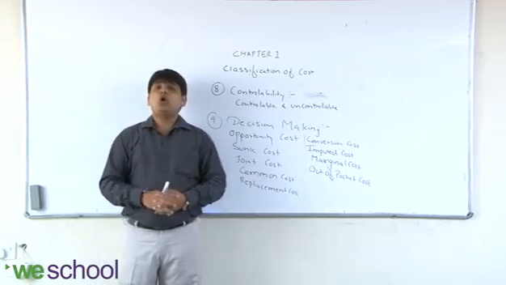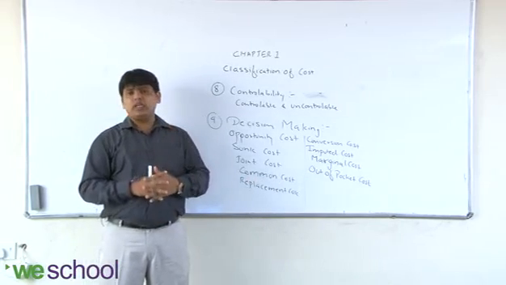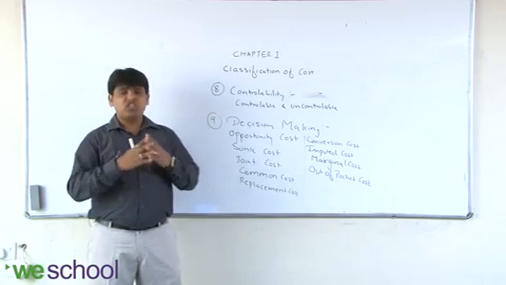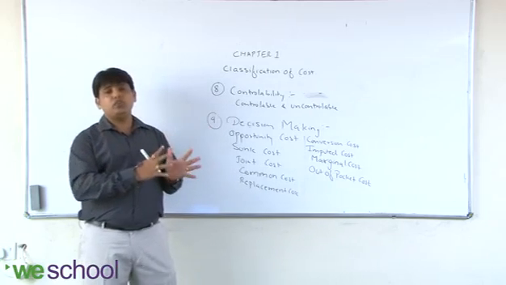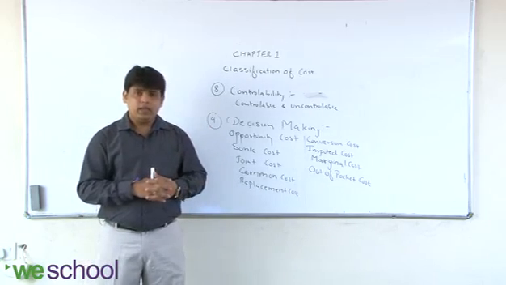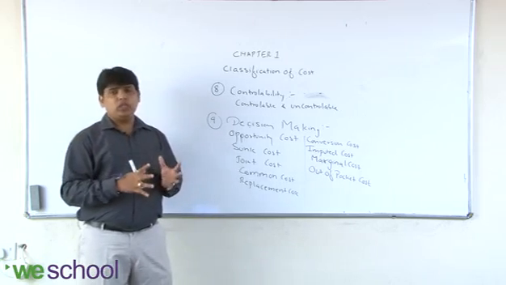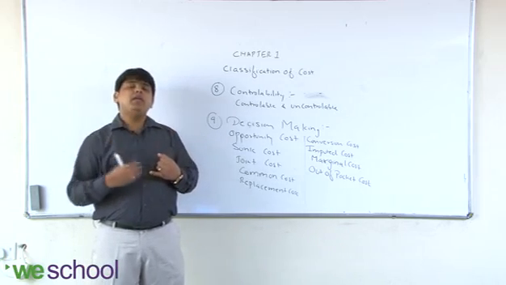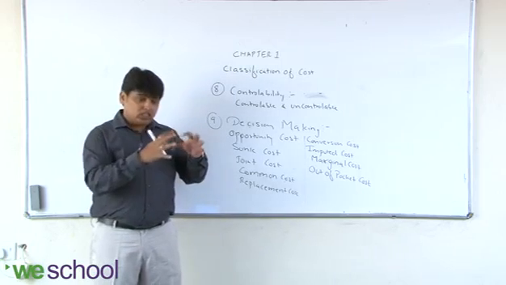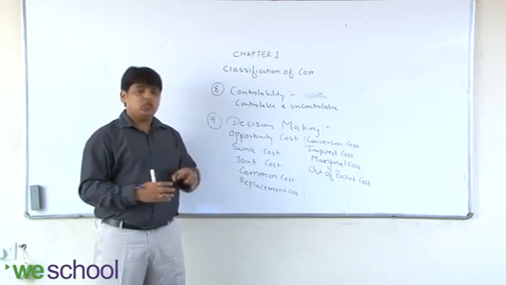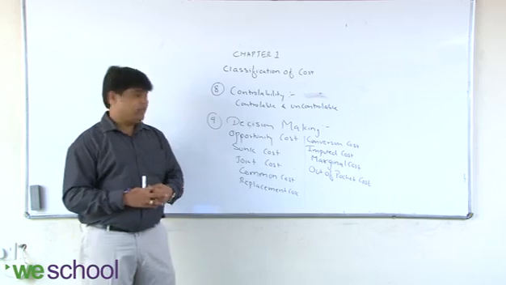Now common cost. Take an example of L&T Limited. L&T Limited is not producing one particular product. They are producing different lines or chains of products, right? But the cost of operation takes place at one particular business unit, say at Powai, at L&T campus. So they are paying the administrative cost, the selling and distribution department, the administration department, and all research and development department people. So these costs are common to all the products. This expense has to be bifurcated across all the products. That is called common cost, right?